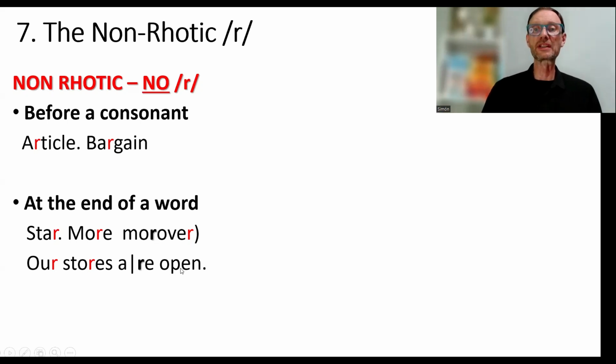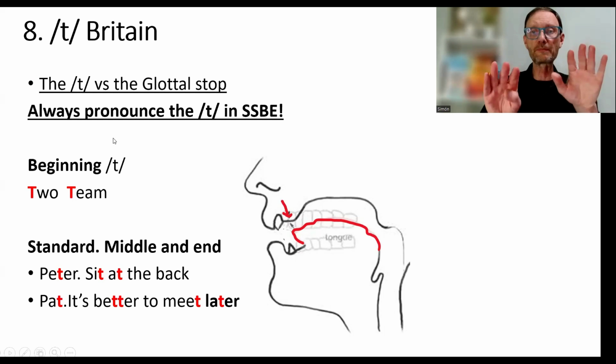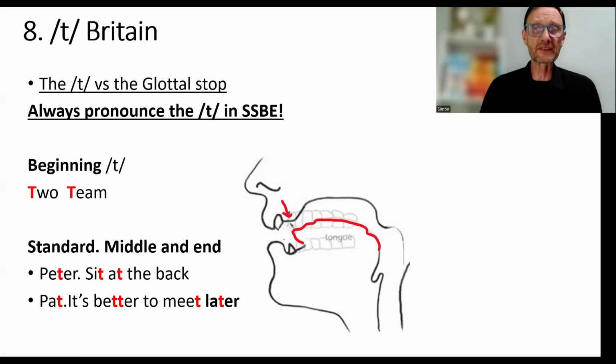And I have a video about liaison or connecting speech on this course. So that's non-rhotic. So in those situations, we don't pronounce it. And that makes you sound more British. Now, another important one is the T. For example, in Britain. Now, we're going to compare this to a phoneme, which you might have heard of, called